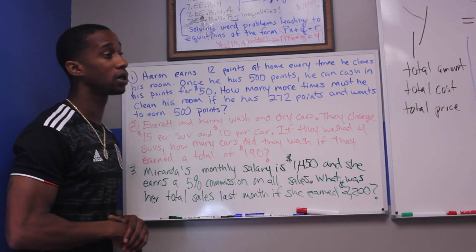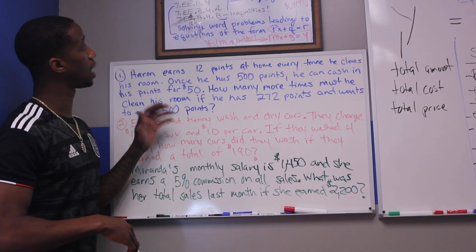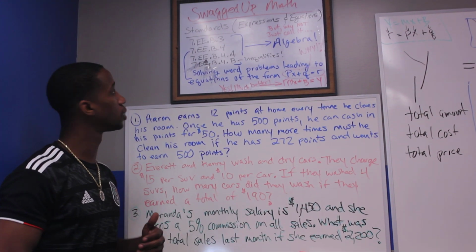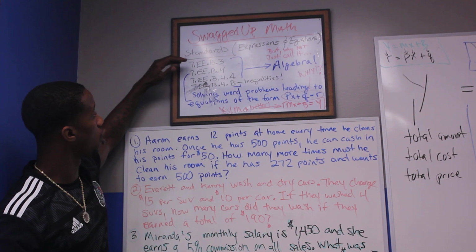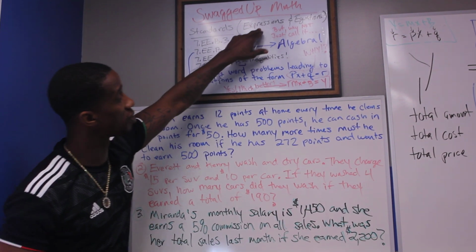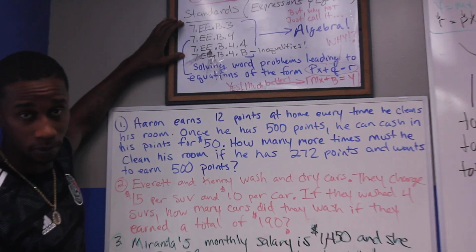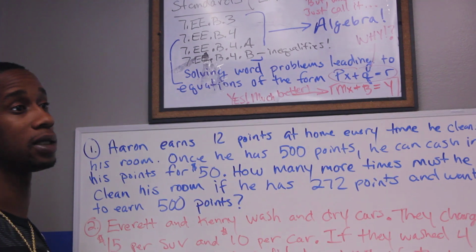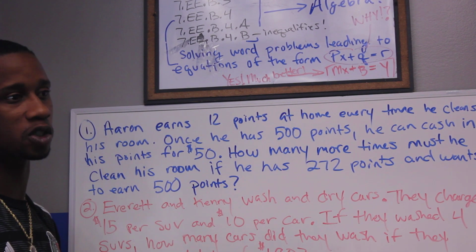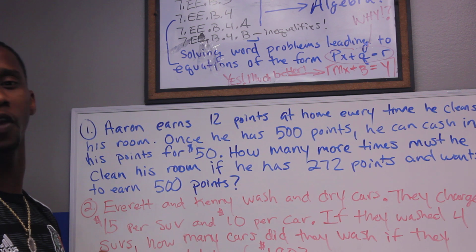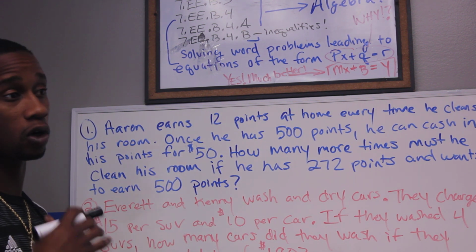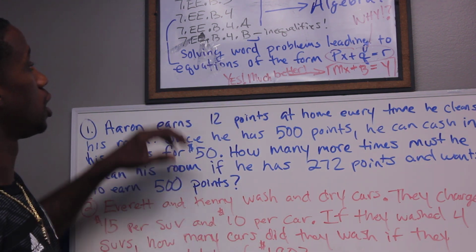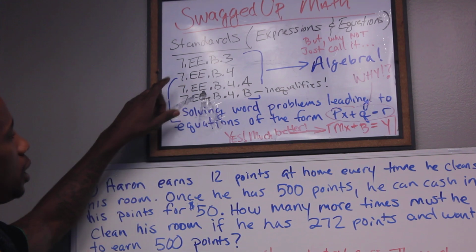And today we're going to be covering some of my favorite concepts and topics. They're my favorite because I feel like students struggle the most with them. These standards are referred to as expressions and equations when you Google them. But in my opinion, they should just be called straight up algebra, because that's what we're doing, and that way kids can understand the significance of it. I think the word algebra is sometimes a fear that needs to be overcome early. So the earlier we push it out, the better, because that's exactly what we're doing. One of the things I wanted to point out when I looked up these standards